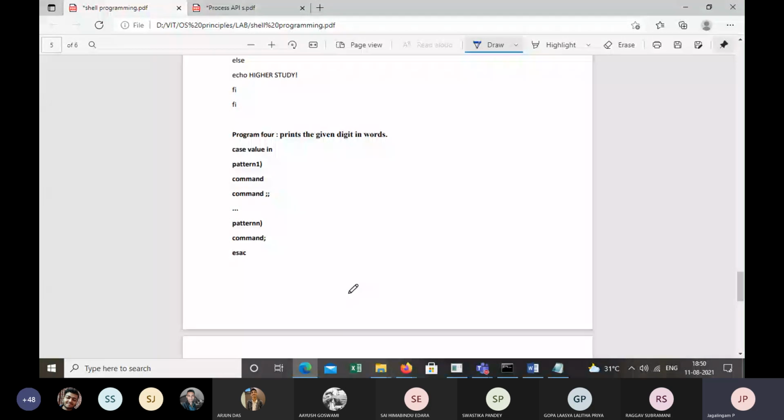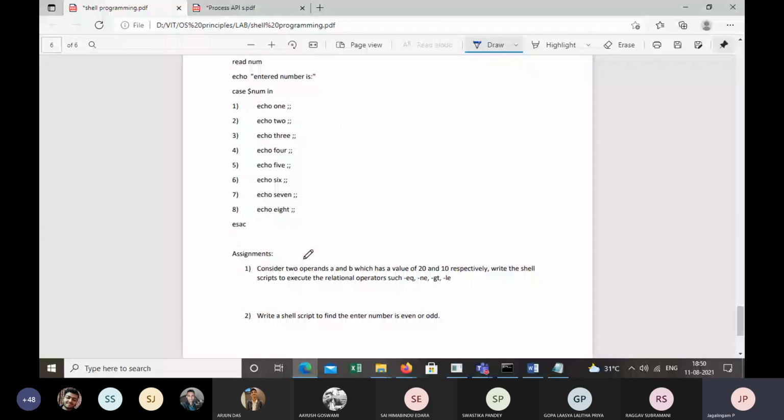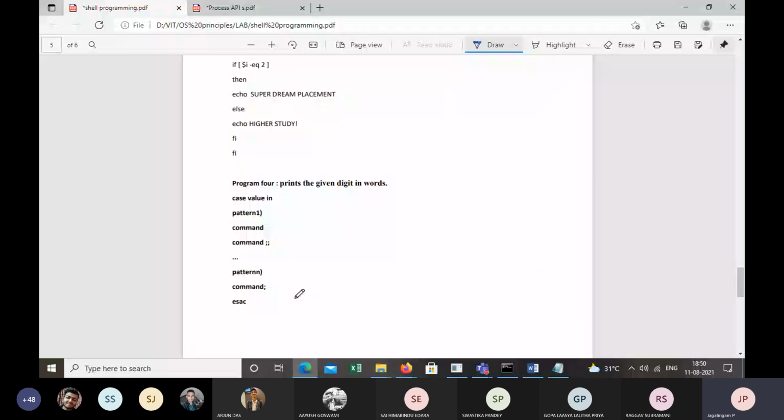Okay, fine. So let us try to use a case statement here. The first thing to observe is, if you use an if statement, how are we going to close it? Fi to close. Now, if you use a case statement, then to close it, the reverse of this, ESAC. Okay, fine.